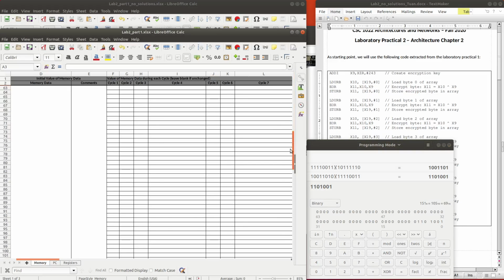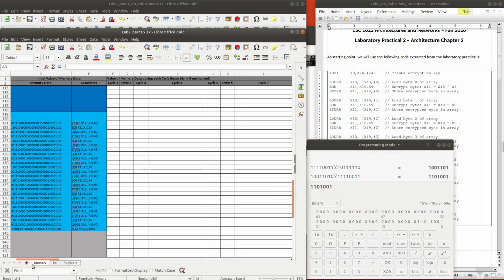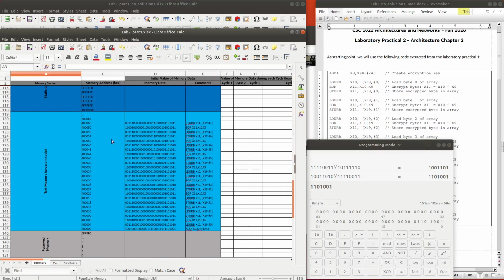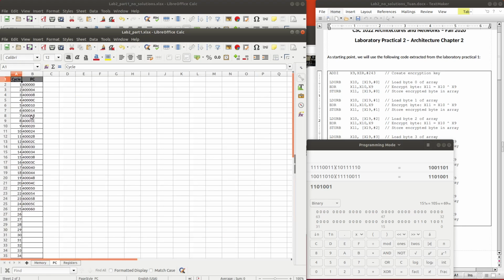And how about PC? Well, we will come back here. We know that PC with our code will gradually increase by 4 and 4 and 4. So after the fourth instruction, PC will be increased by 4, and it changes from 0C to 10, and then